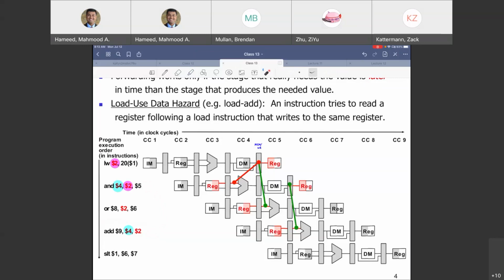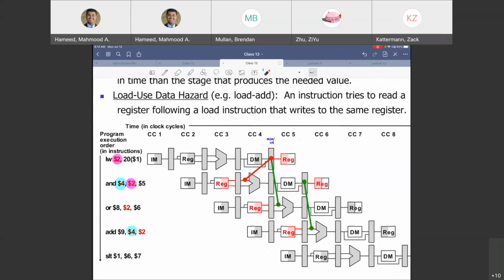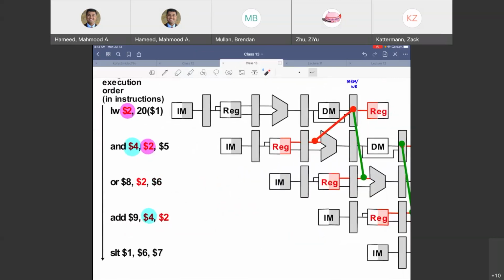However, there is a load use data hazard that we are not able to solve here. The specific one that we are talking about is the load word followed by the AND instruction. We are not able to solve that. Now, I want you guys to look at all 5 instructions here and think of a few ideas about how you could solve them without needing some additional hardware. No additional hardware. Can you guys think of solving the load use hazard?